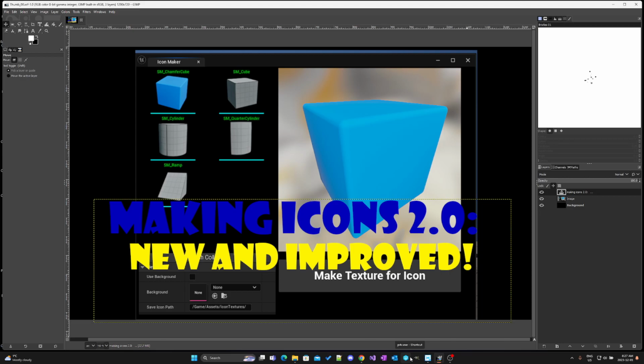Welcome to our new series here on making icons 2.0. Just a quick little preamble. We're going to start from a third person basic template, and that's where we're going to slowly build up our system so that everybody has a clean, same starting point. We're going to work through the C++ implementation of our right-click context menu,